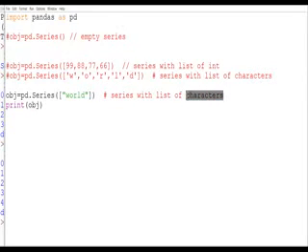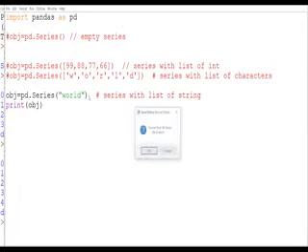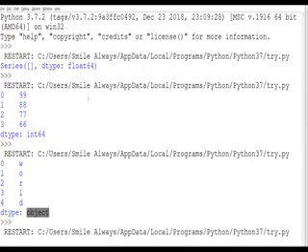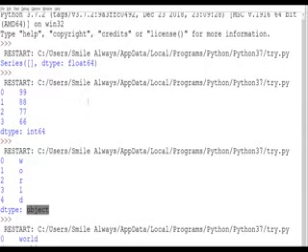A list of characters or a list of strings. Once this is written, then what I have to do? One more important thing: for strings, it is not compulsory to write it in square brackets. We can write like this also, because it is a single value. So we can write like this and then we will run this. You can see over here at the bottom it is given.